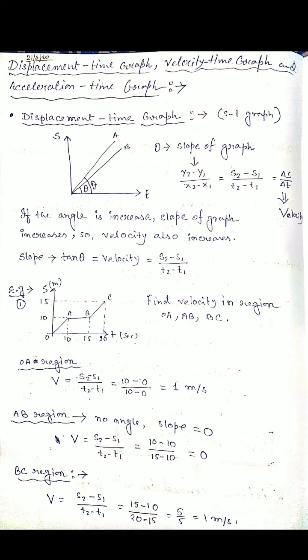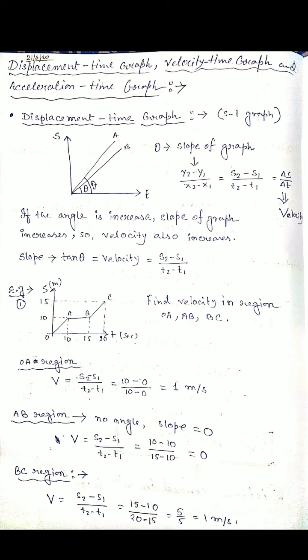Now in this case, in place of y we can write s, because on the y-axis we plot s, displacement, and on the x-axis we plot time. So we can write (s2 minus s1) by (t2 minus t1). So what is the meaning of this s2 minus s1? It is nothing but the change in displacement, del s by del t, and the change in displacement over time gives us the velocity. We know that the rate of change of displacement is called velocity. So the slope of the displacement-time graph gives us the concept about the velocity.